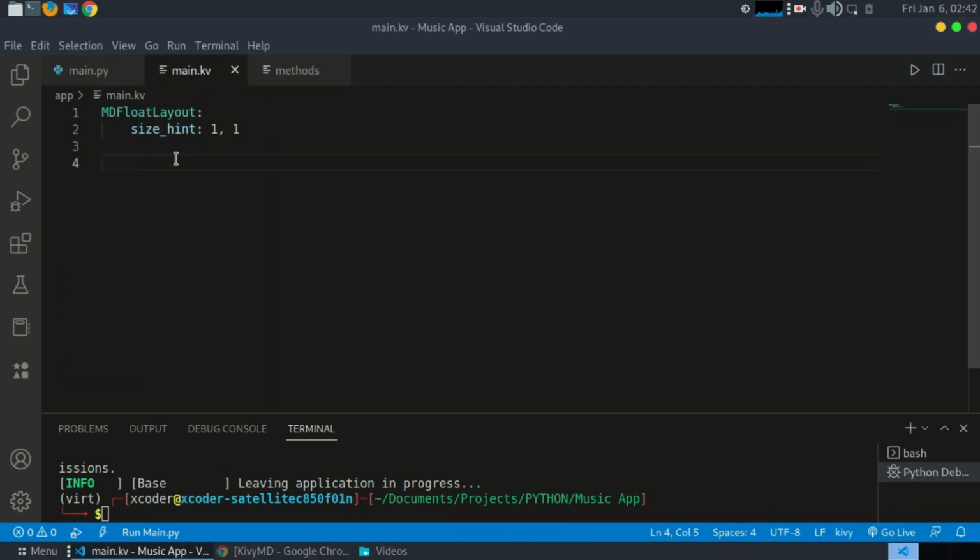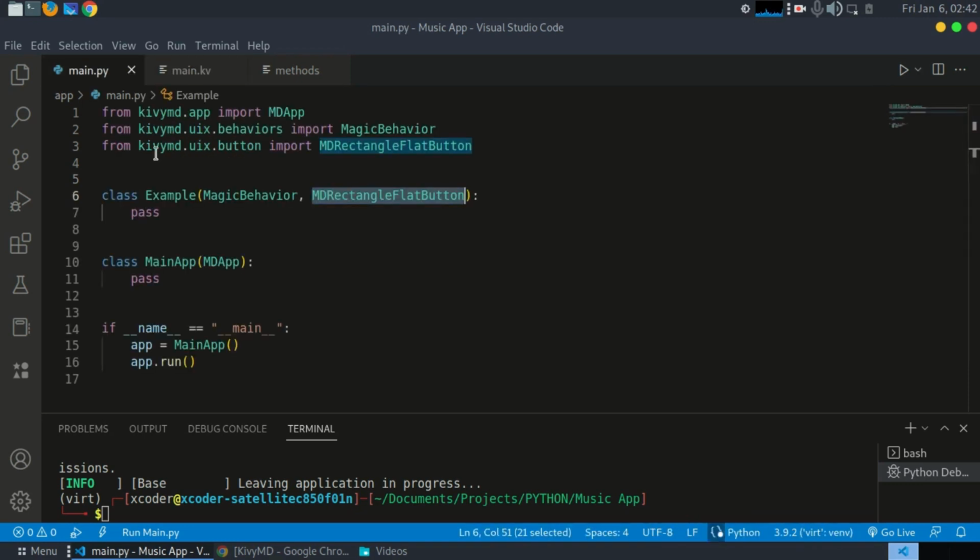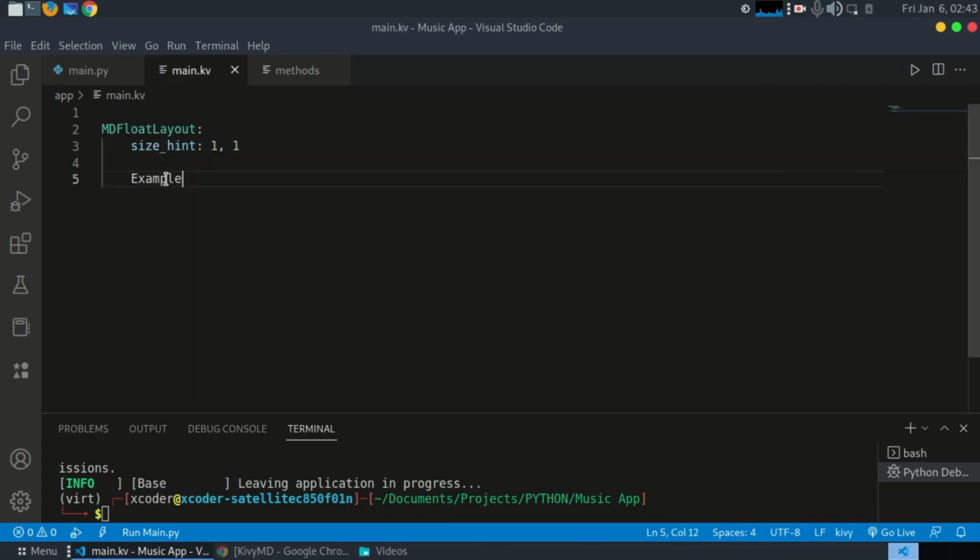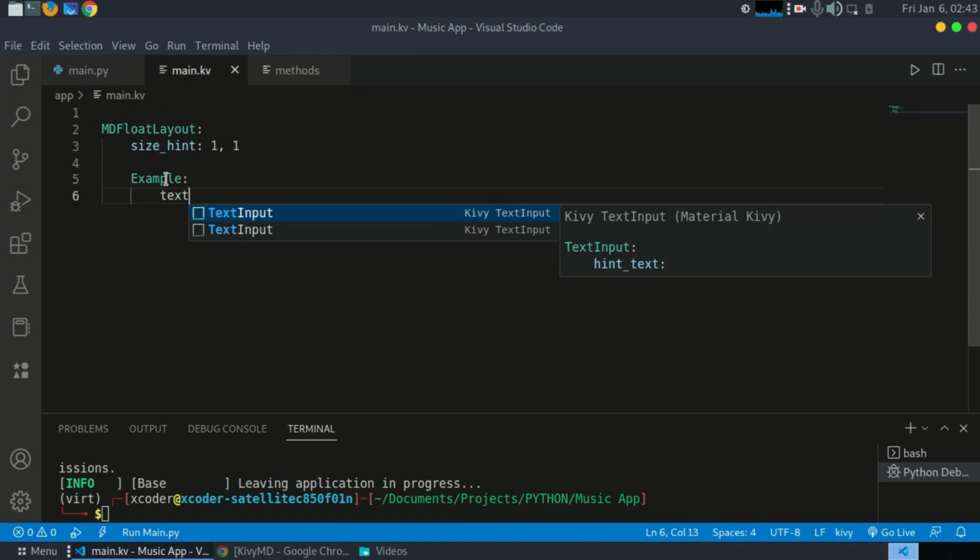This is our Kivy file where we will be writing the interface of our application. I started by giving it this layout, float layout. I want to center everything in the center, and this float layout actually gives us an easy way to do that. So I'm going to reference the example class here inside the Kivy file, and I'm going to give it a text of